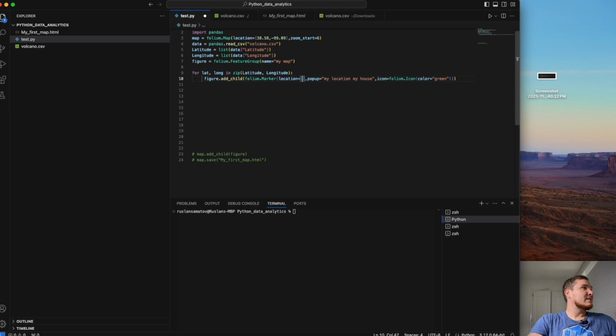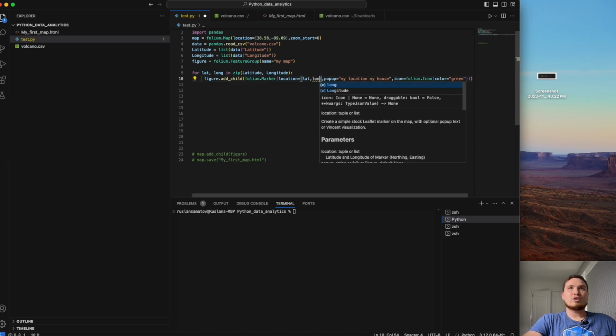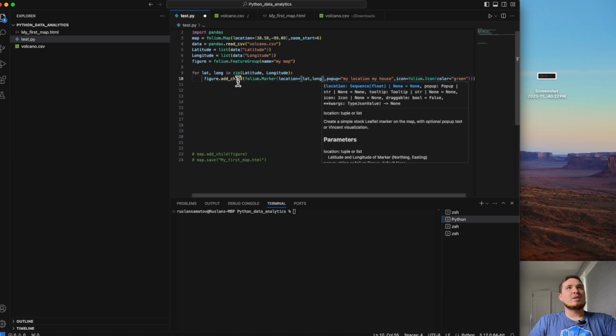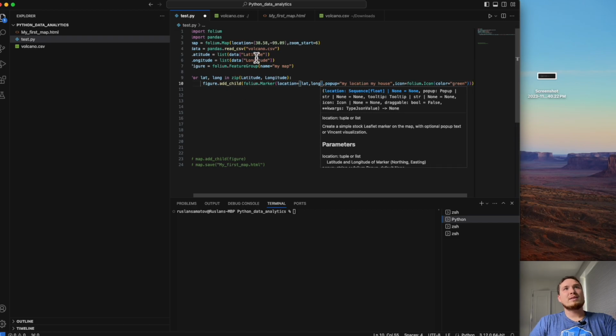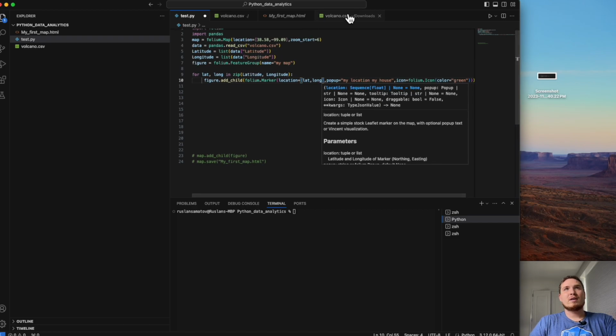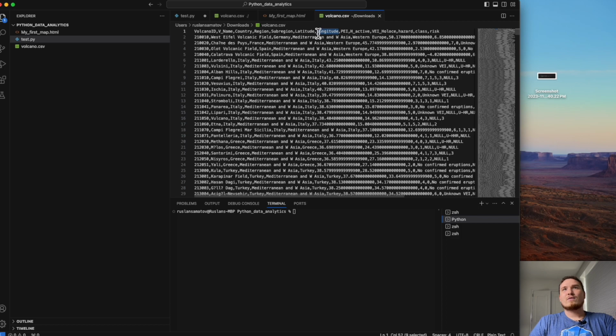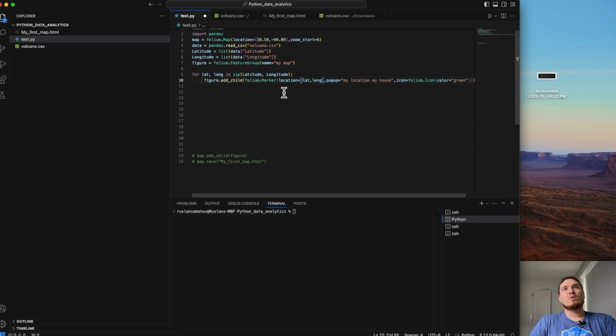If their names are latitude, comma, longitude, it will take from our two lists, which we successfully created from this file, all the latitude and longitude, and it will pass them as parameters through the for loop. It will go through it one by one and do the iteration, right? And will mark it, if my logic is correct.